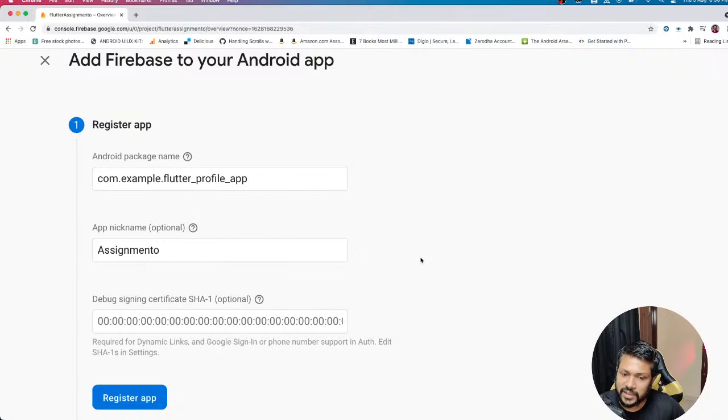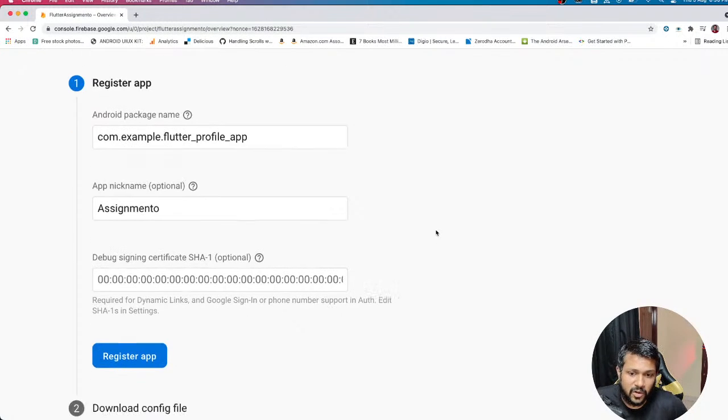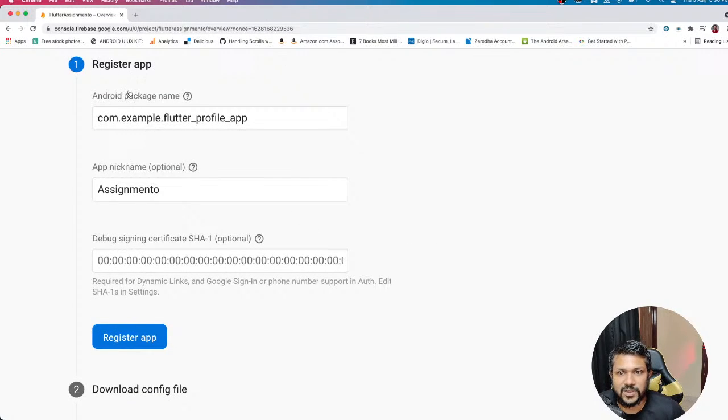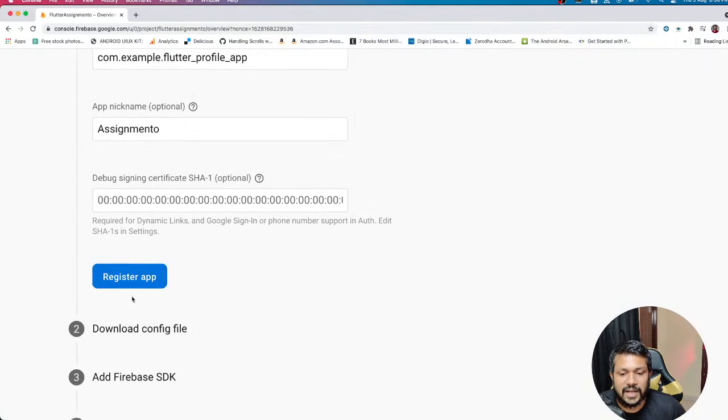When you're trying to sign the application, you'll be creating an SHA-1 key, which is important, and you need to use that key, put it here, and register the application once again. Only if you do that will your production application be able to communicate with your Firebase. So that is something that happens when you're trying to release it. You can think of it as a checklist for release. But for now, you don't have to worry about anything. Just use your Android package name, and give it a nickname as you like. And then the next one is